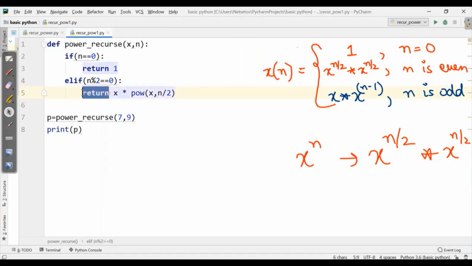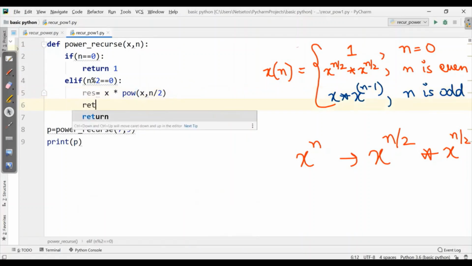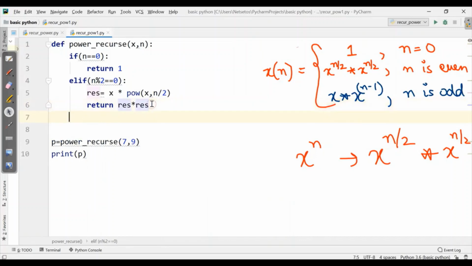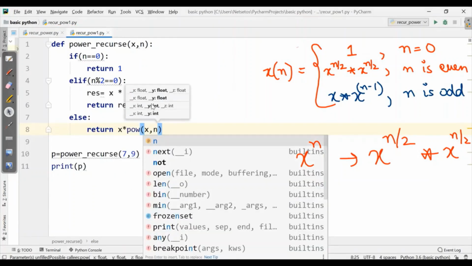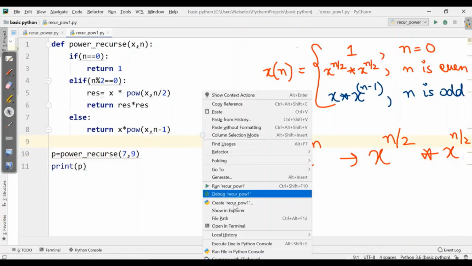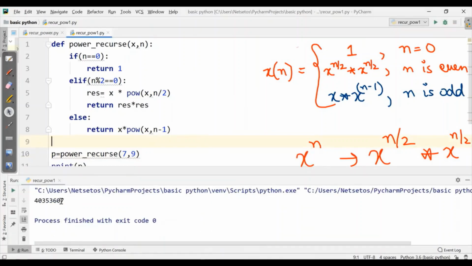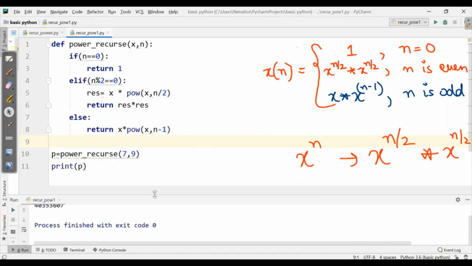And here I'll save it in result res and then return res into res. Then we will give our else condition, which will be for odd, and here we will write return the same condition x into x to the power n minus 1. So when I run this, I'll get the same solution as we got earlier, but we will understand why this method is better one.